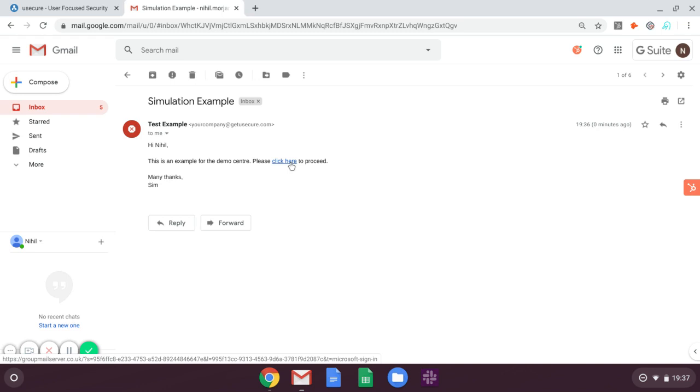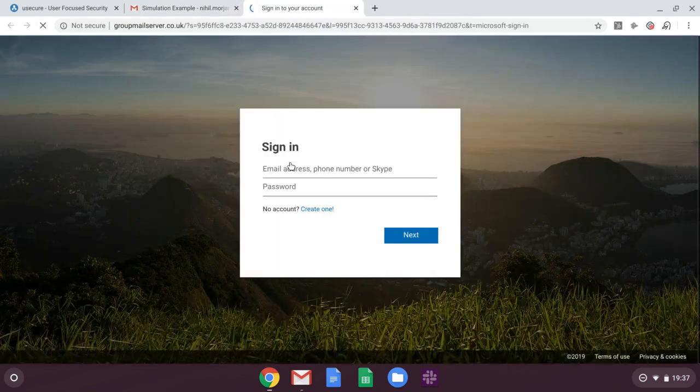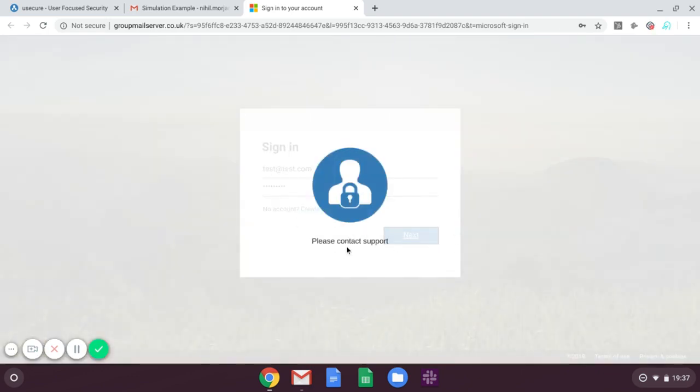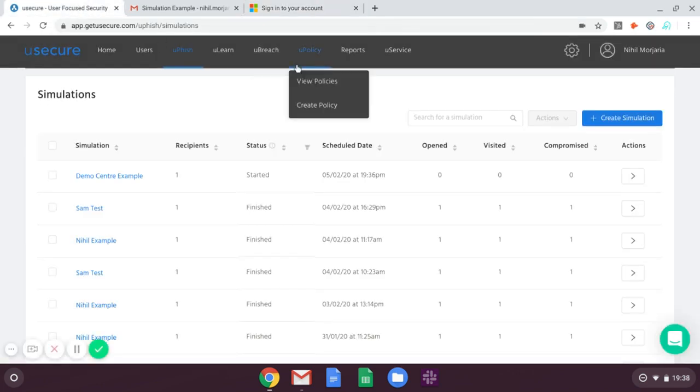If I just click that button there, it will take me to groupmailserver.co.uk, sorry, and we've got a nice realistic looking landing page here as well. So just enter some dummy information, which we don't host any of this info at all. Just click that and then click next. We can amend this compromise message in the platform as well. But what we now have is a trace of how I've gone through the simulation, and that'll all be timestamped as well. So if I dip back into the platform and just refresh that page there,